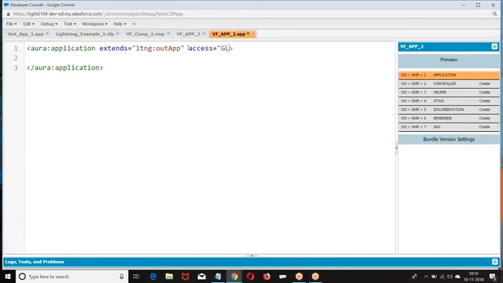Access equal to... and c, resource equal to c colon, name of the resource is VF component. This is how I create it. So we are referring to the resource. The same we want to use in the VF page.